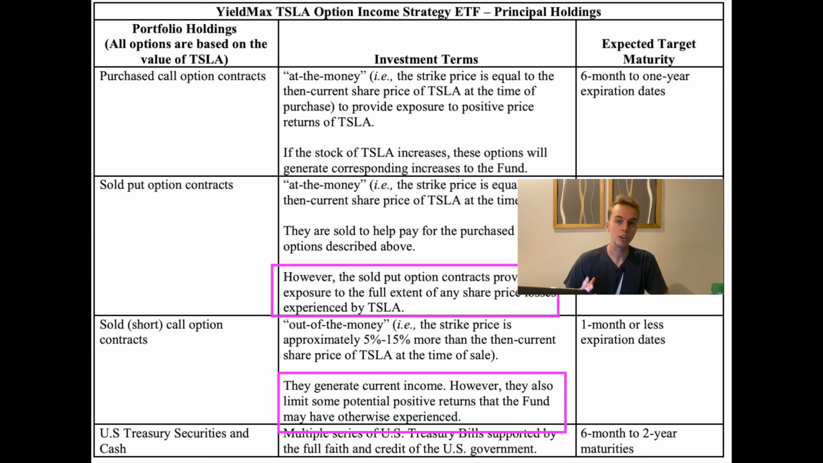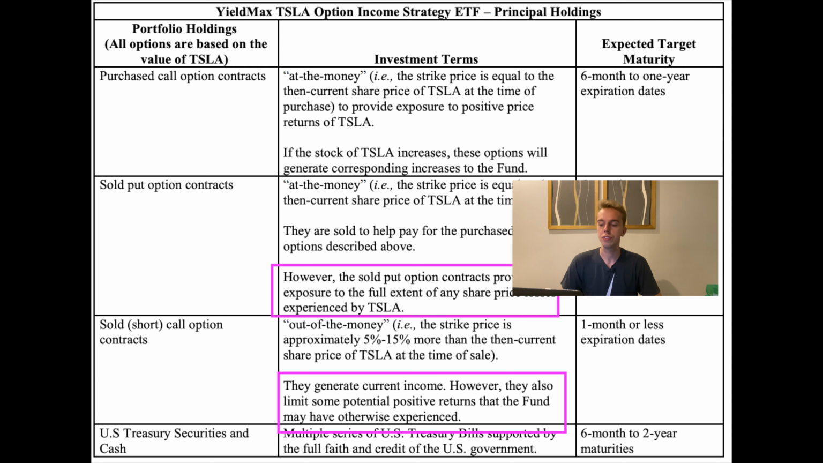actually does. I took a screenshot of the trading strategy that TSLY explains in the prospectus. So let's go over it. Here they say purchase call option contracts at the money. That essentially means that the strike price is equal to the then current share price. If it's trading at 280, you buy the 280 call. If it's trading at 350, you buy the 350 call. That's at the money. So that means that if the stock of Tesla increases, these options will generate corresponding